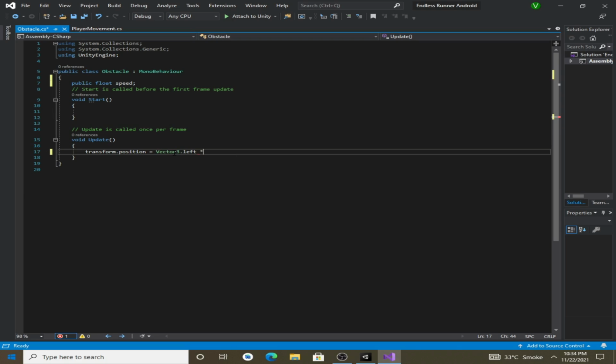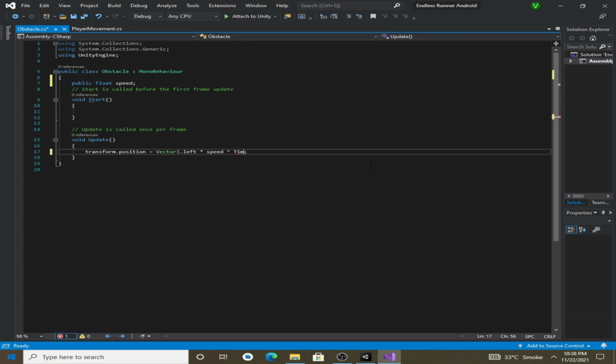We can also multiply it with Time.deltaTime. In fact, we have to multiply it with Time.deltaTime so that we can make our game frame rate independent.